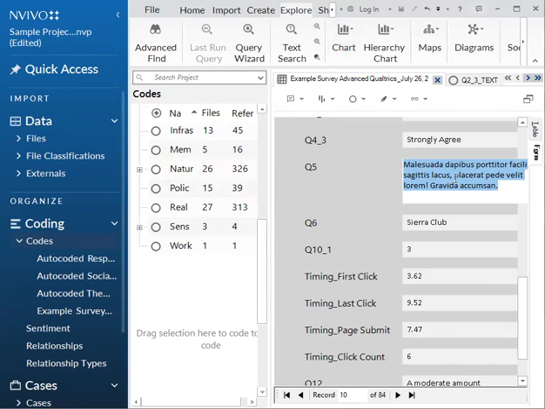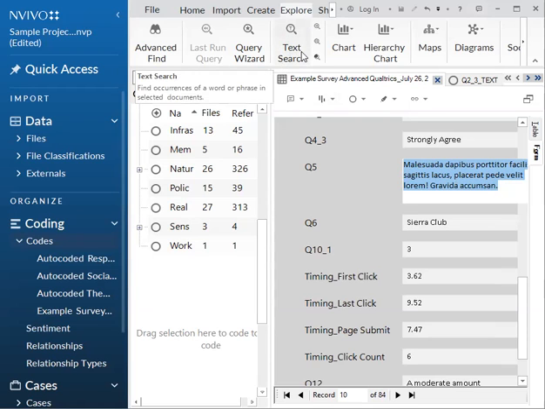So if we only want to run our query to see how language is being used and how people are responding to question 5, that's possible to do by using a query and selecting that folder. You can also search for most frequently used words in the responses of the question, or you can search within a case folder as well. But the case you search within has to be in its own folder. So keep that in mind. You can create its own folder if you want to search within a specific case. So let's do an example of that.